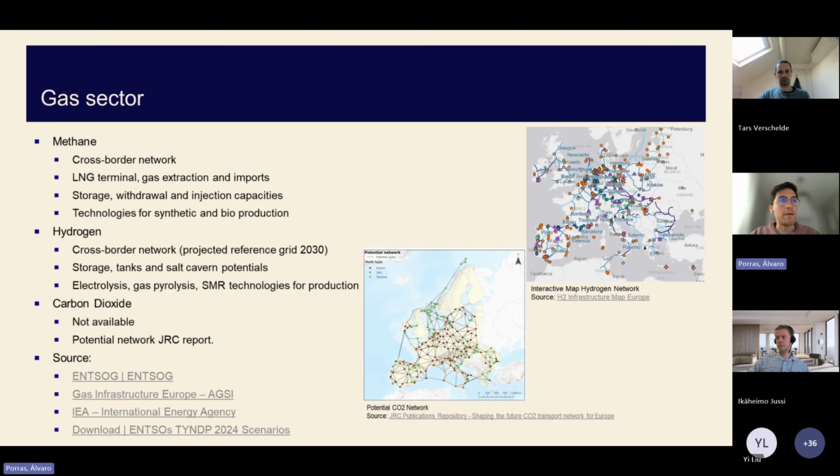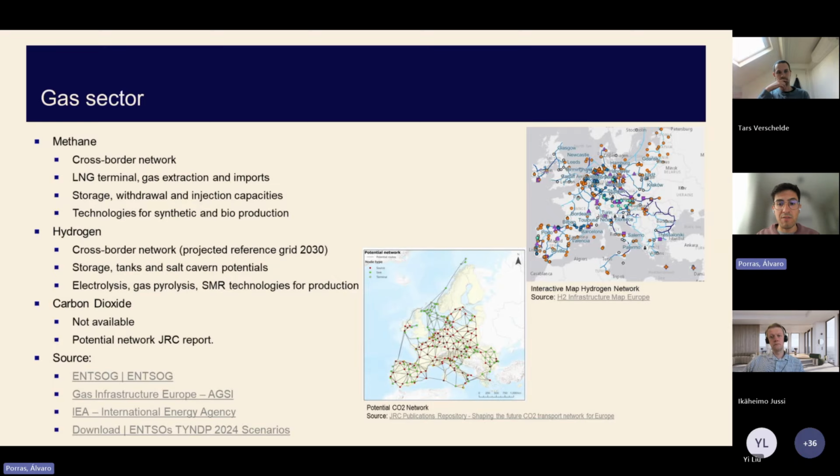And finally, for the carbon dioxide, right now, it is not modeled very well. We are considering that the CO2 is a global node in the model, where basically you can transfer CO2 across Europe, of course, with a price, and you have some kind of underground storage where you can inject this carbon dioxide, for example, with an annual sequestration capacity. But the idea is to extend this to a real CO2 network.